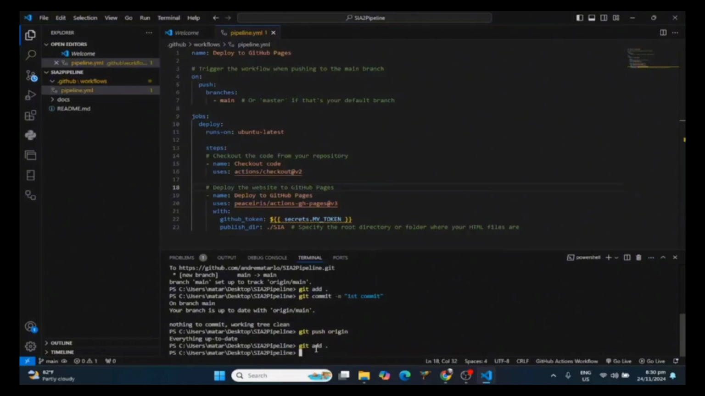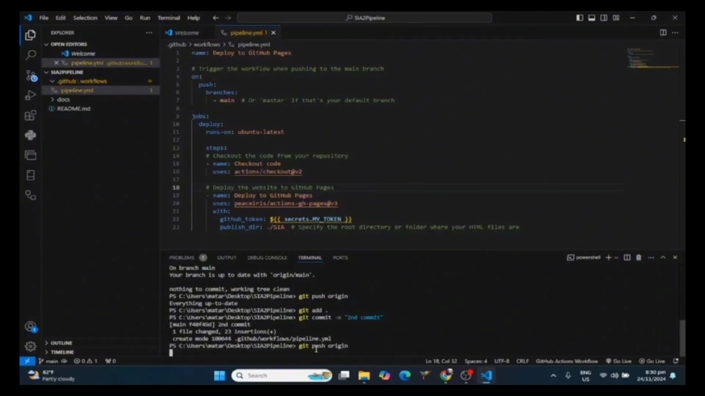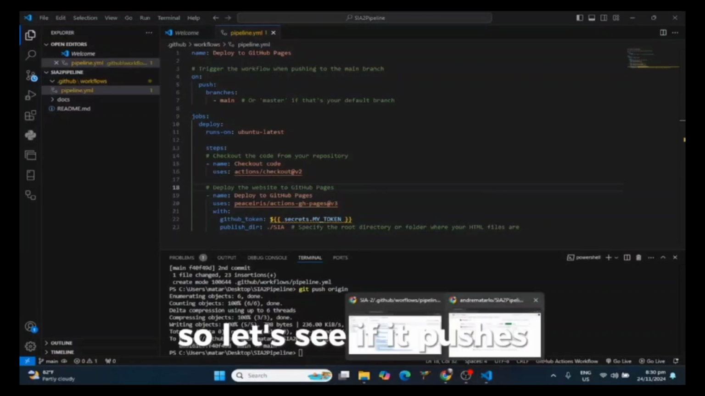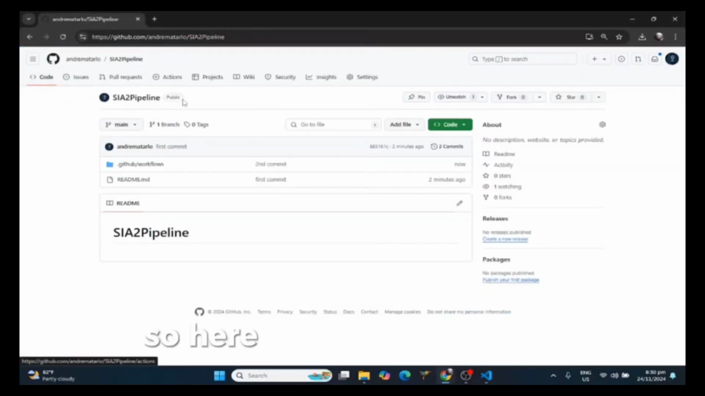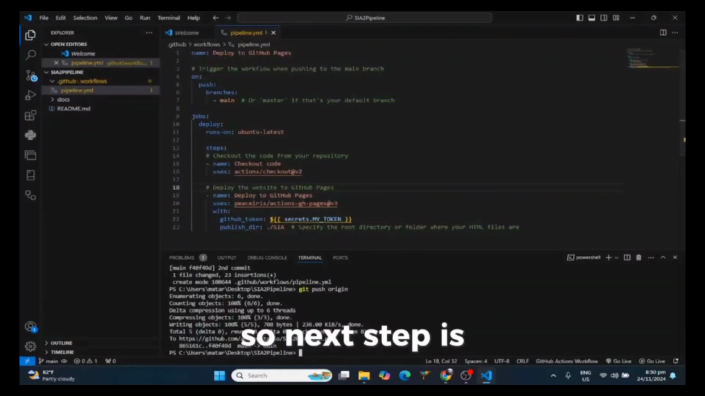Then let's git add all, git commit, then git push origin. So let's see if it pushes. So here it's already pushed. So next step is